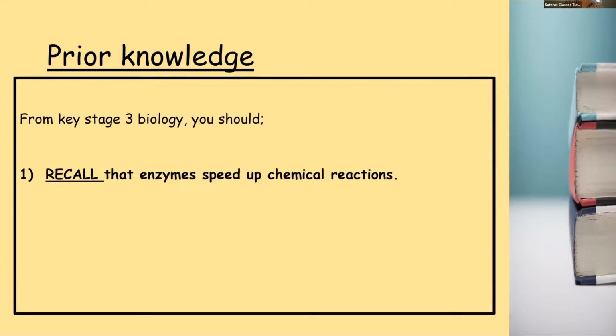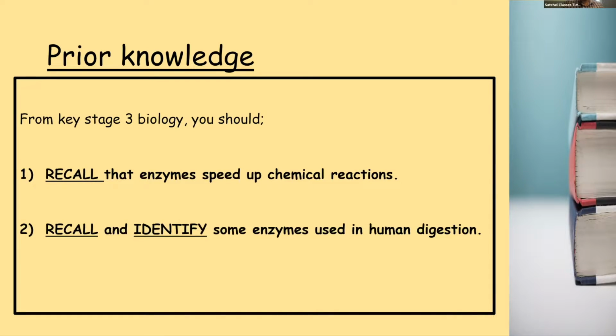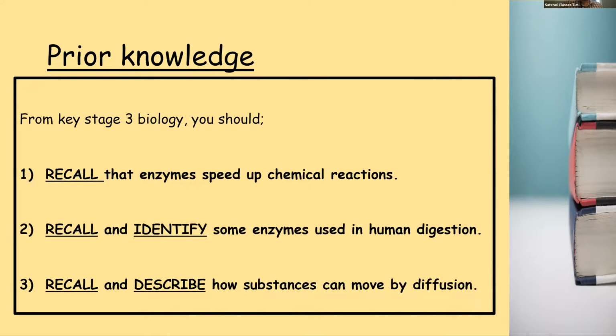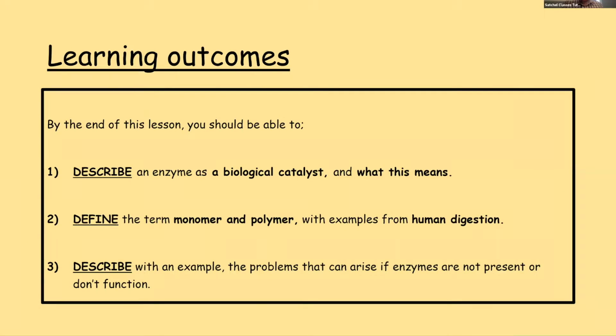And prior knowledge, things that you should know from your studies of biology at Key Stage 3, that's years 7 to 9, is that you should recall that enzymes speed up chemical reactions, what they're for. Recall and identify some enzymes used in human digestion. And finally, you should be able to recall and describe how substances can move by diffusion. That's not going to be covered in this one, but by the end of this lesson, what you should be